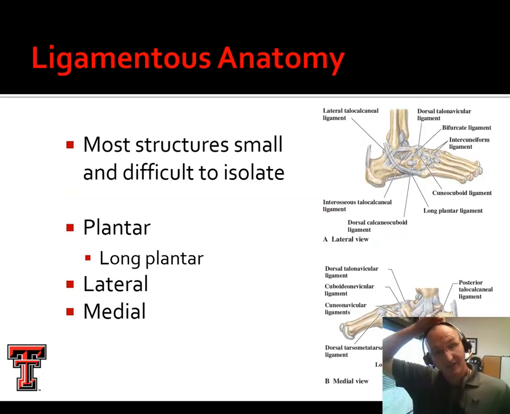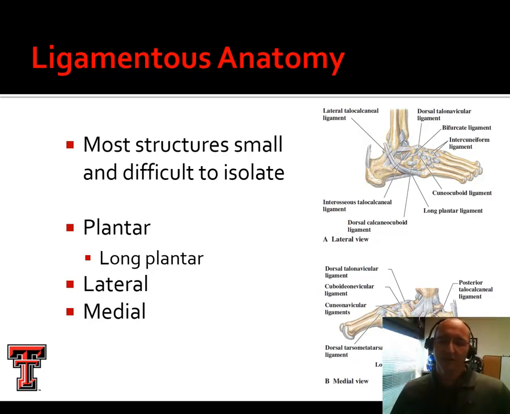Ligamentous anatomy in the foot. We'll spend a lot of time talking about ligamentous anatomy in the ankle, but honestly, ligamentous anatomy in the foot is largely an academic pursuit. We don't necessarily need to identify the specific ligament that's injured if we've got a foot sprain, because we know that each of those tarsal bones are kind of tethered together with ligaments, and if we've got too much movement in, say, the cuboid here, there are a number of ligaments that connect it to the adjacent bones that are all involved, and we're going to treat it the same regardless of which ligament it is that's injured,